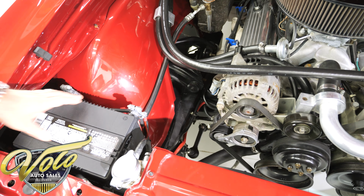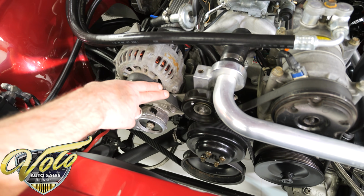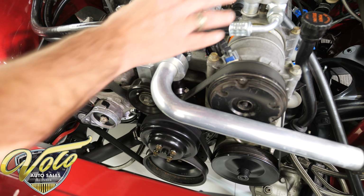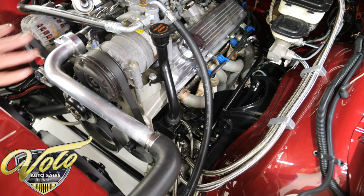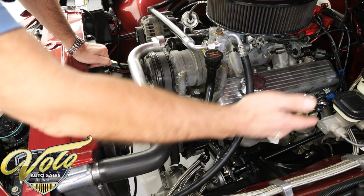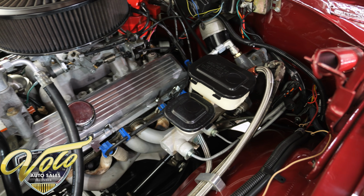So the front of the motor. Oh, we got a chrome fuel pump hiding down there, but we got a serpentine belt system, the modern AC, alternator, AC compressor, modern power steering. This whole unit must be off like a newer type car. It's a hydro boost steering and power brakes, stainless braided hoses,